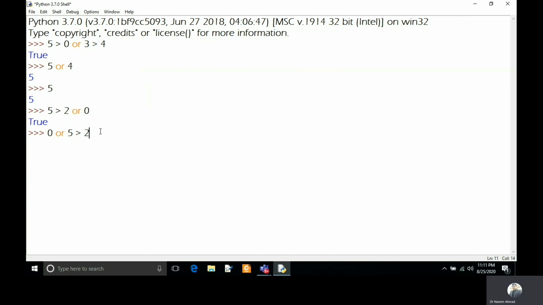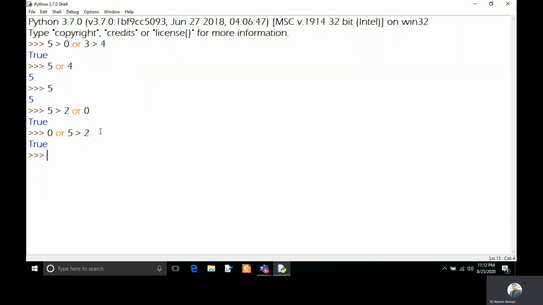It will return true. You can see here. So we can also use the logical OR operator with numerical values and conditional statements, and with two conditional statements. So likewise we can use the logical OR operator.